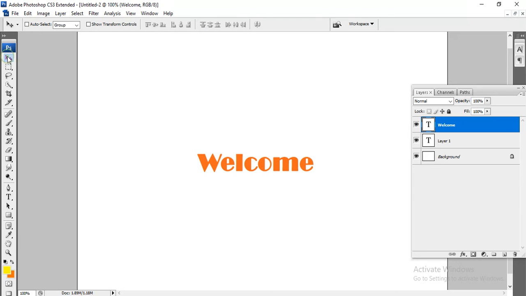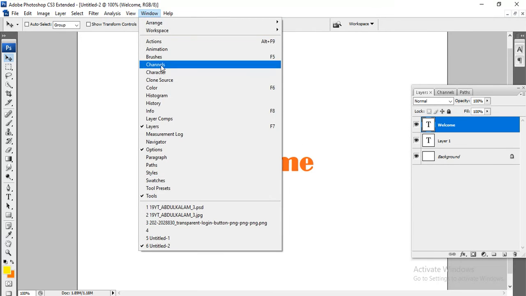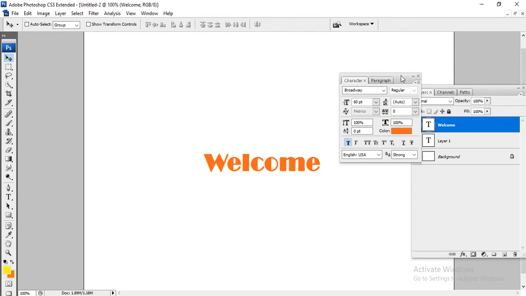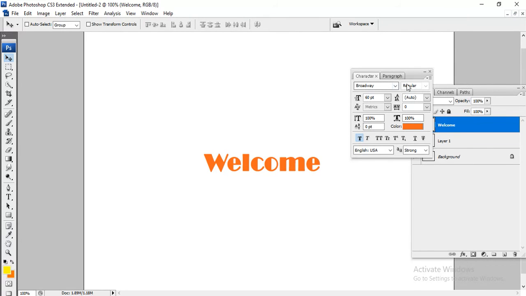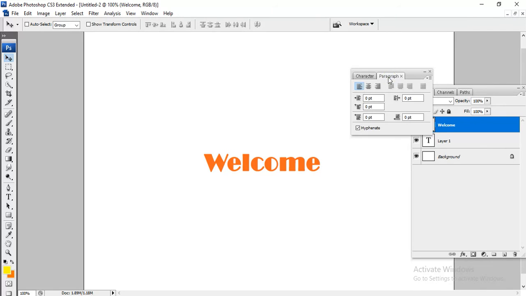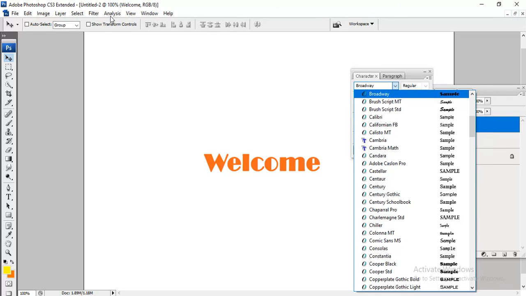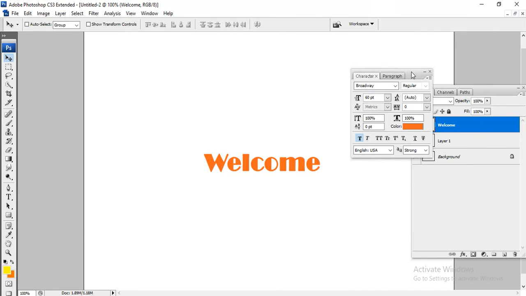Now we have another option: character. This is another common option to modify your text in different formats, different angles, whether it's caps or lower case, everything. Whether left alignment or right alignment, everything is there. It's the same options you were seeing, but here we have a lot more options available.